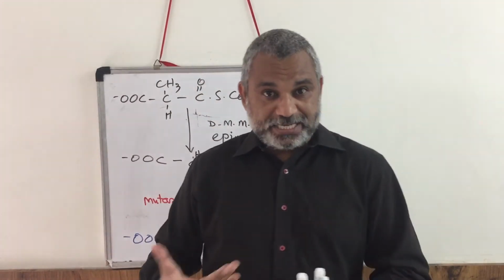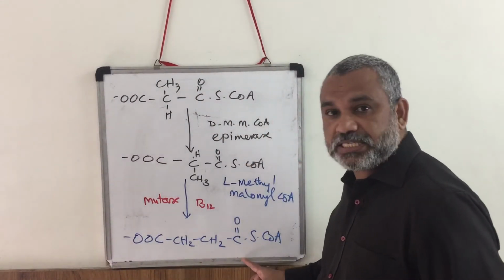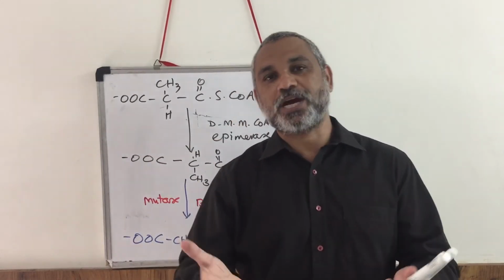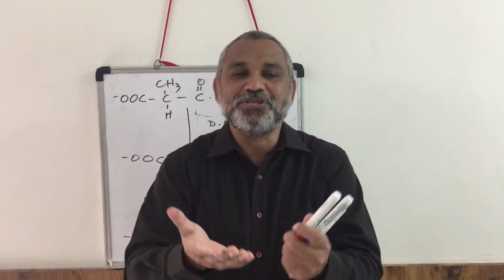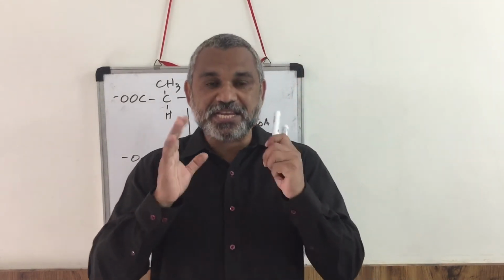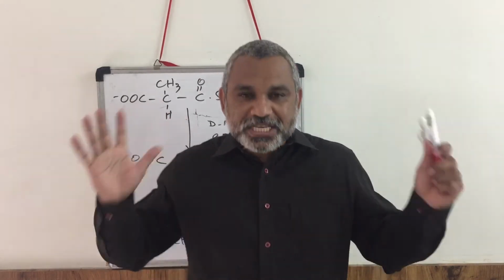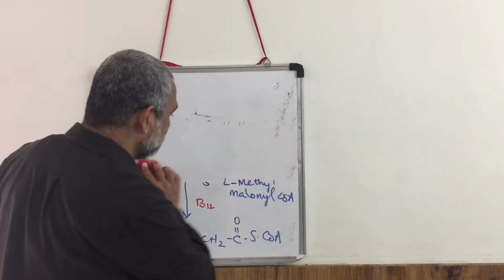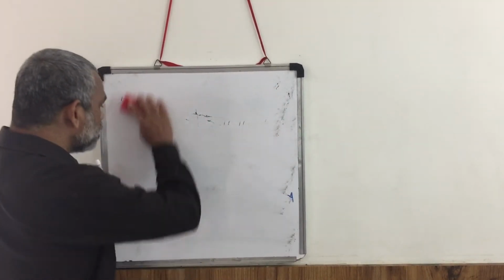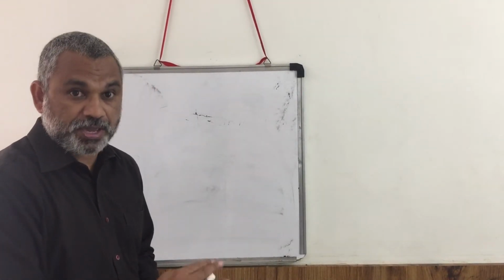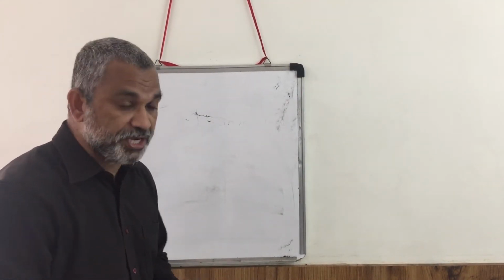So what is the net effect now? We have converted this propionyl-CoA into succinyl-CoA. You know that succinyl-CoA is a 4-carbon compound. It will enter into the TCA cycle and can produce 20 ATP molecules. So this is how the complete degradation occurs. Now let us write first of all a stoichiometry for this reaction. While writing stoichiometry, we will assume a lot of things. It is based on the previous video.